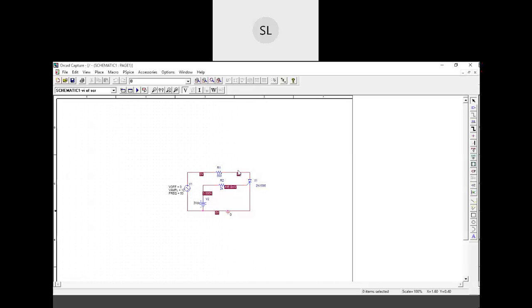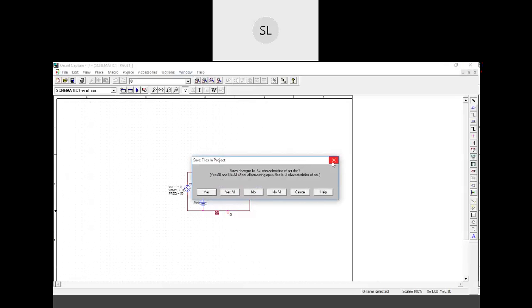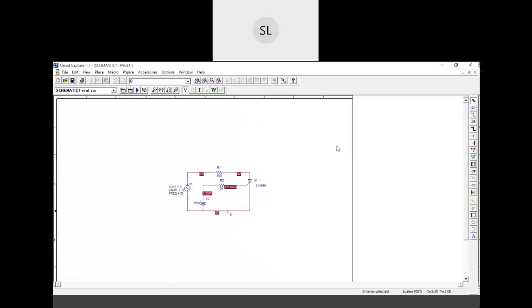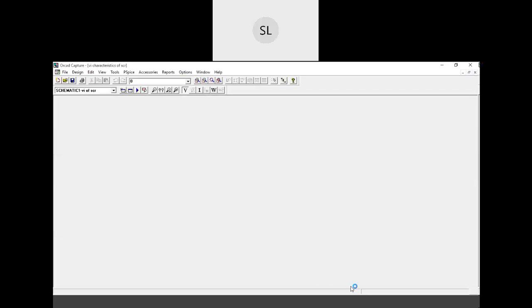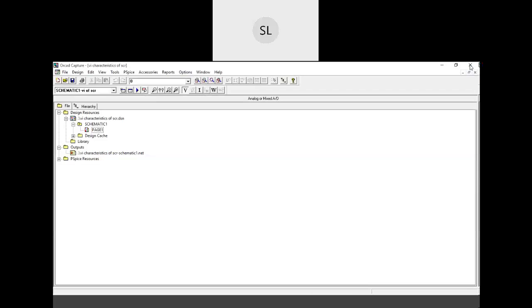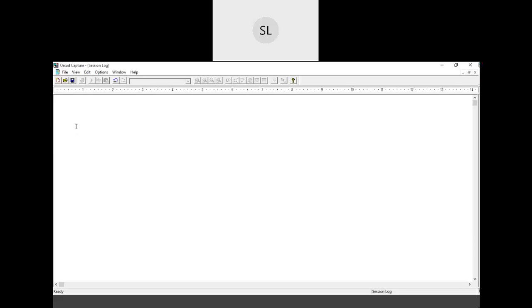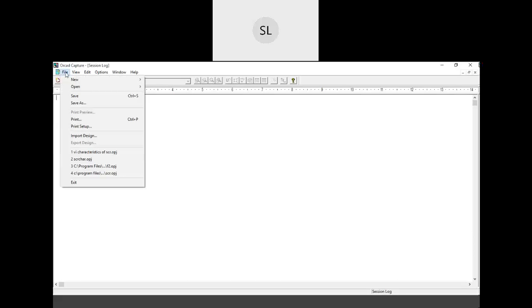Okay, so when you open this OrCAD software, you should go to File, then say New Project.